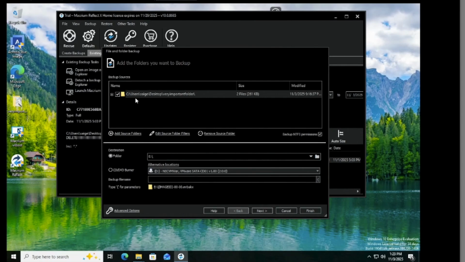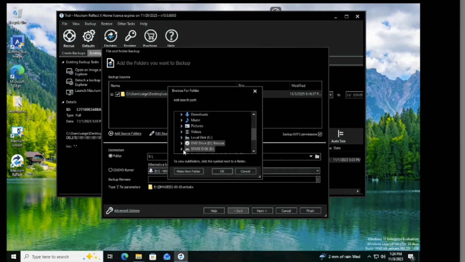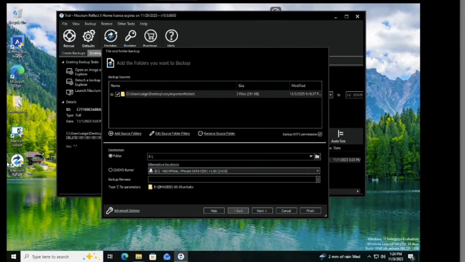So now that we've had our location set, we're gonna go ahead and select a destination. So it's already set up to go into my spare drive, and that's actually perfect for me. So I'm just gonna keep that as is, but you're gonna want to set that to wherever you would want your backup to go. Then we're gonna click next,